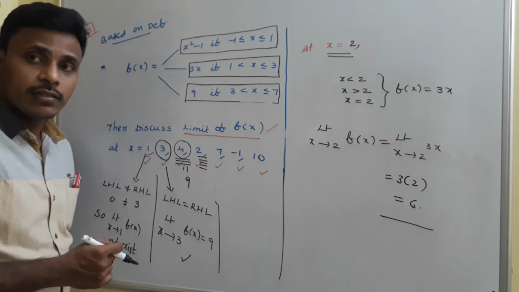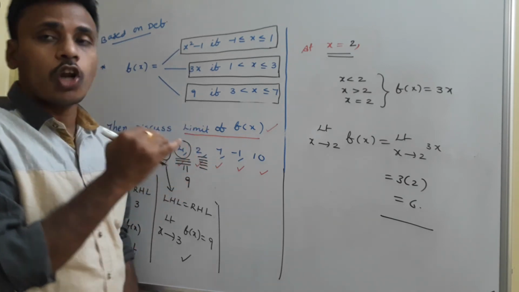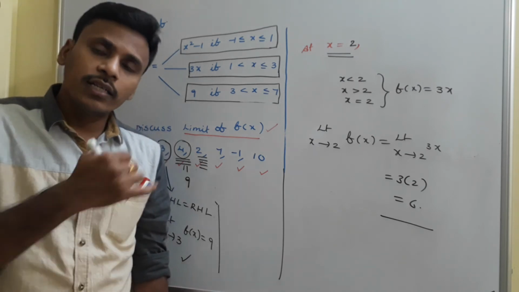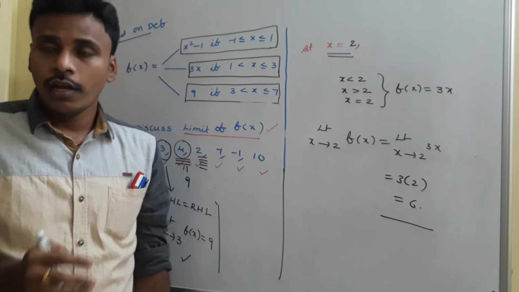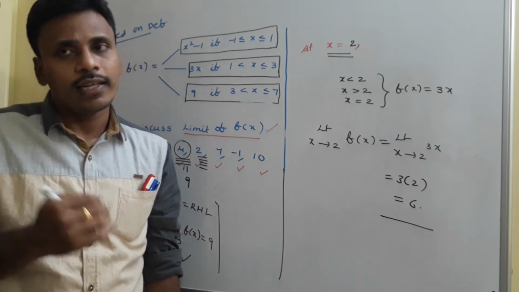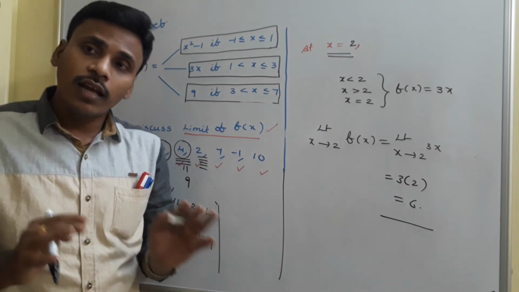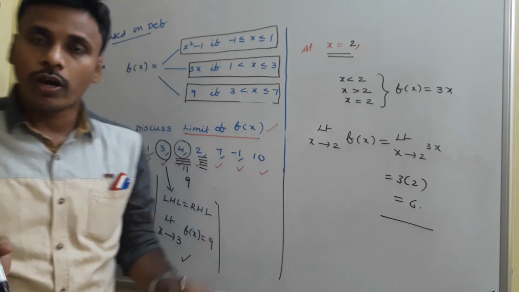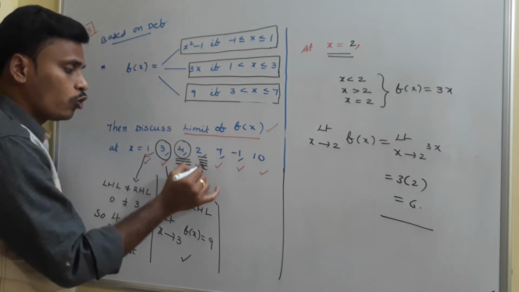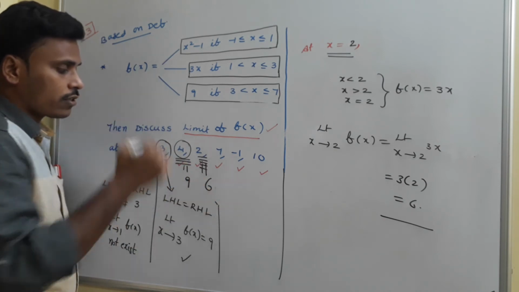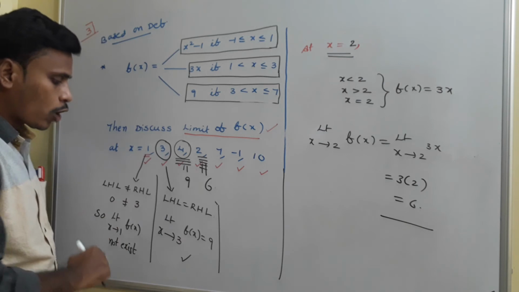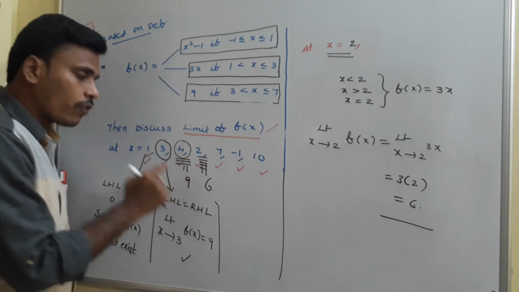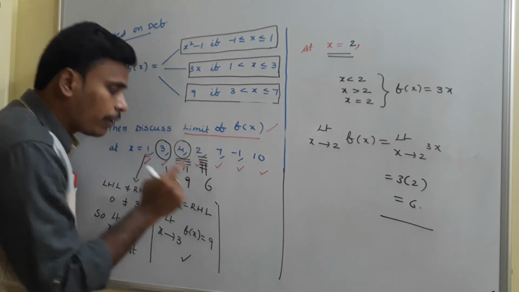What I am saying is, since the function definition is not different before and after, no need to discuss. If you wish, discuss the left limit, no problem, it is 6. If you wish, discuss the right limit, it is 6. Okay, discussion is possible, but no use with the discussion. That's what I am mentioning. Okay, so at x is equal to 2, again the limit value is 6. Okay, at 1, limit does not exist. At 3, limit is 9. At 4, limit value is 9. At 2, limit value is 6.